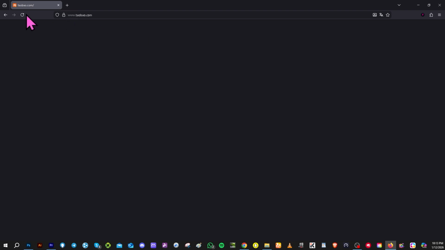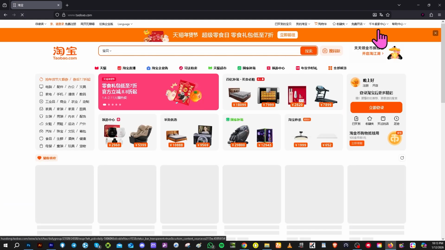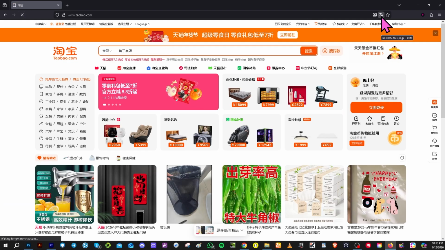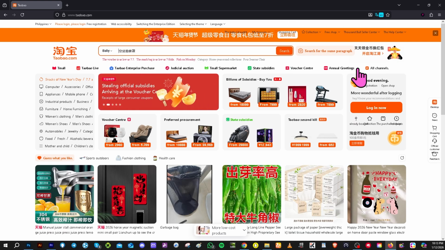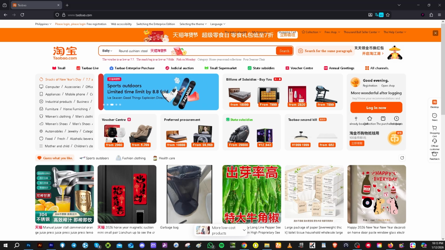And of course, refresh Firefox. And then if you want to revert it back, just click the language icon on the address bar and click translate. It's super simple. And basically that's it for today's video on how to translate a page in Mozilla